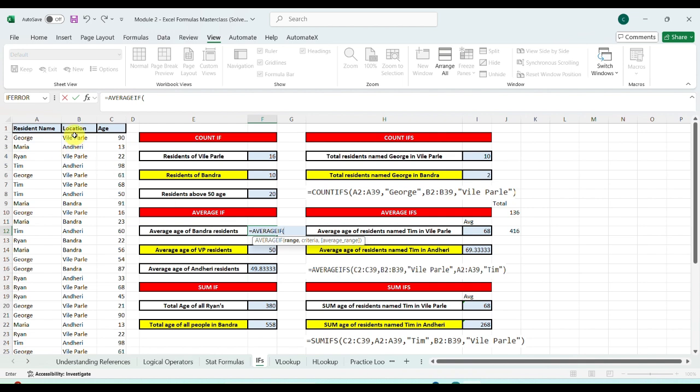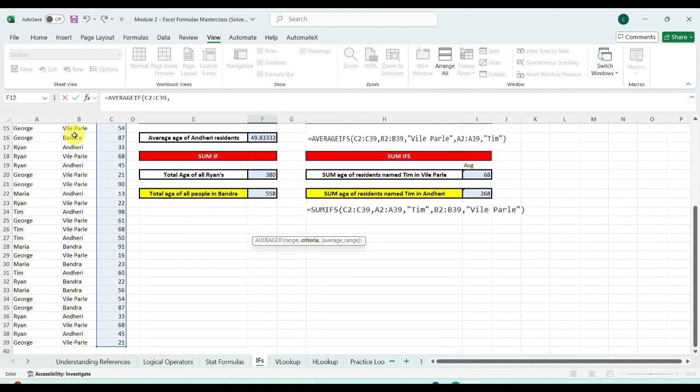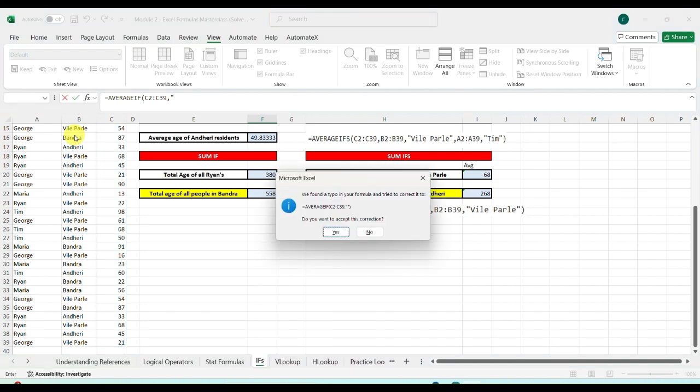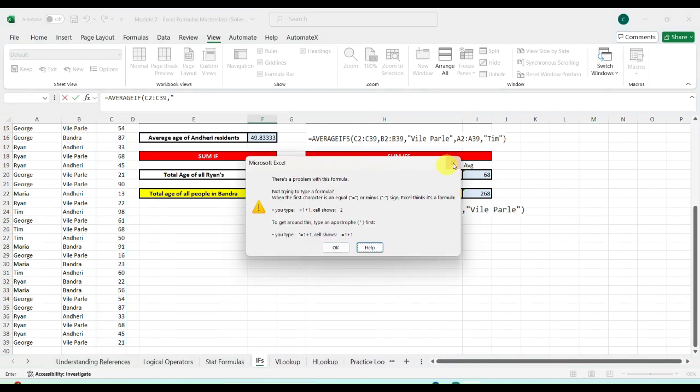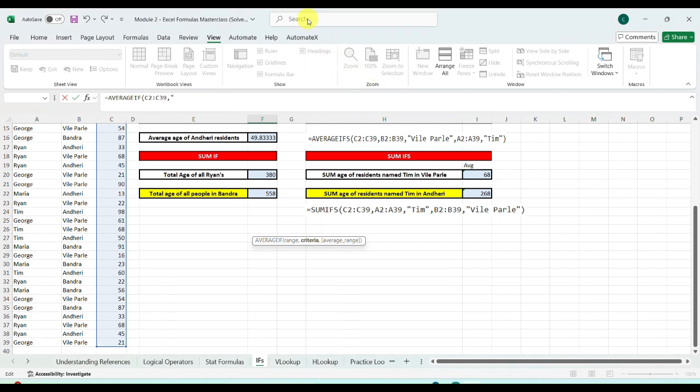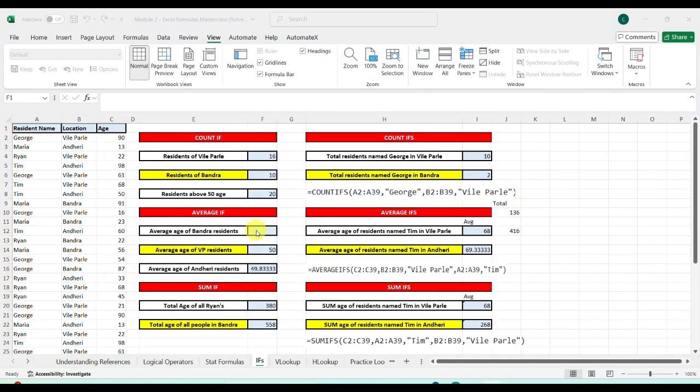Bandra is in location. Okay, this, comma. So we are going to see averageif, as we have seen for the countif. Average age of Bandra residents.